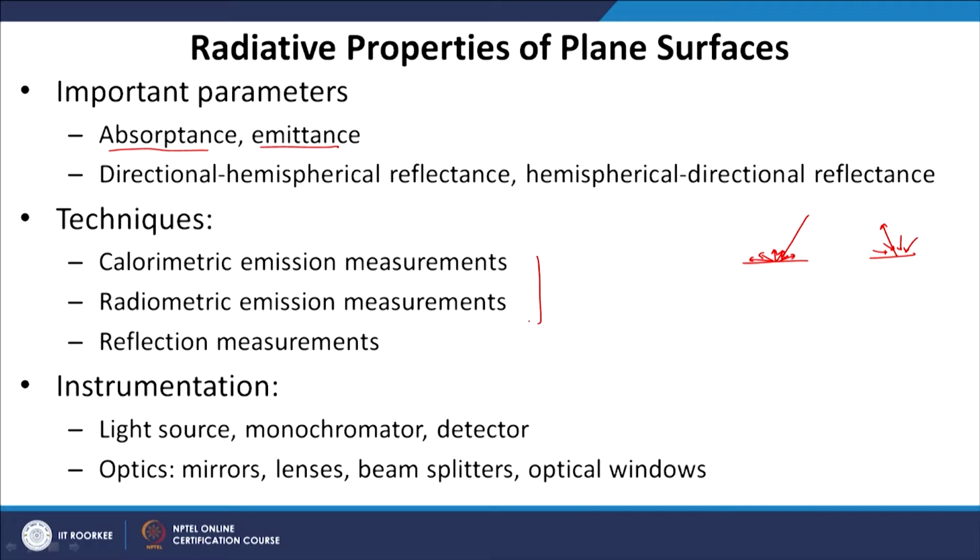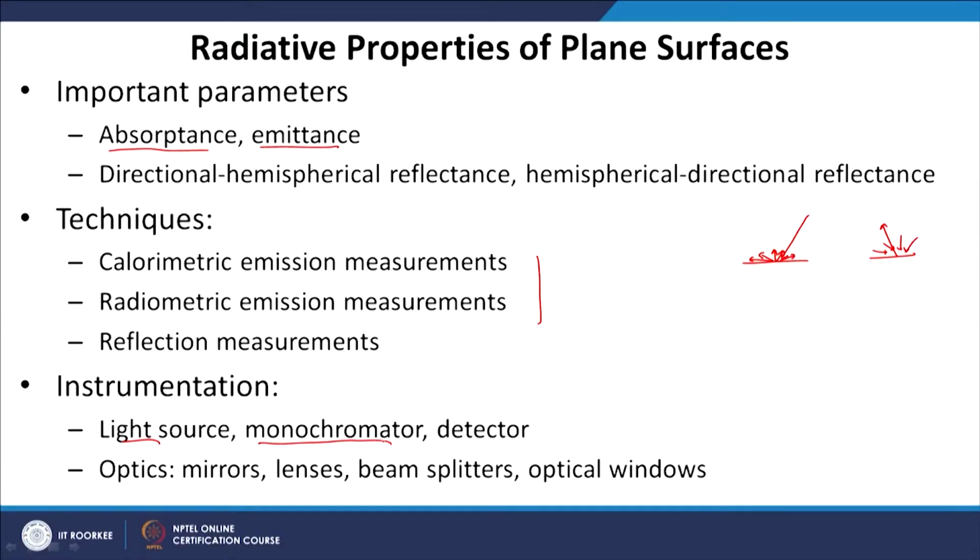Now what are the instruments that are required in experiments for radiative heat transfer? We need a light source. If you want to measure absorptance, that definitely we need a light source. This light source may be black, gray, monochromatic. That means if you are interested in measuring properties at a given wavelength, then we should have light source of